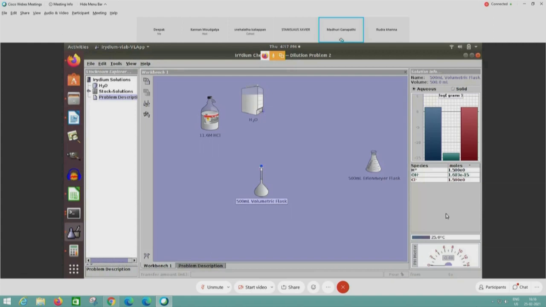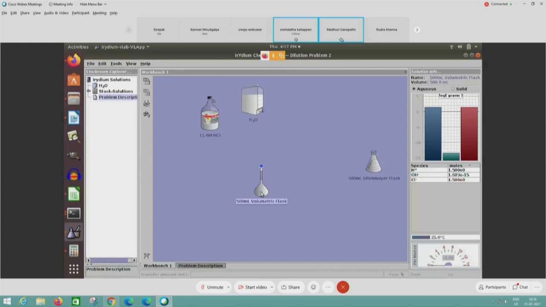Is there any change in temperature? In a real case, when we add water and start dilution, temperature changes will be there, but here maybe it didn't show. Actually, Madhuri, in the interface you can catch that.